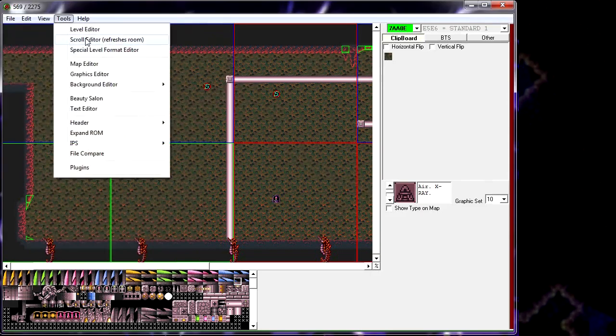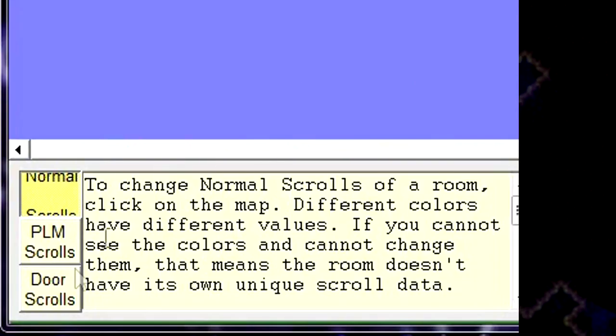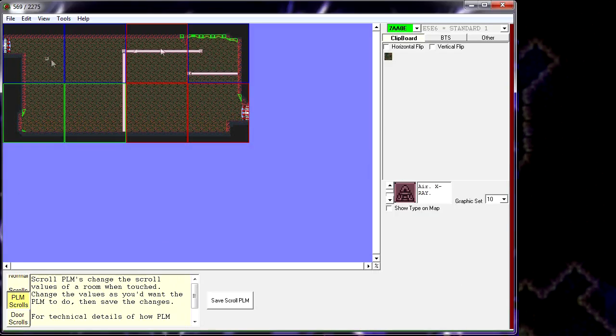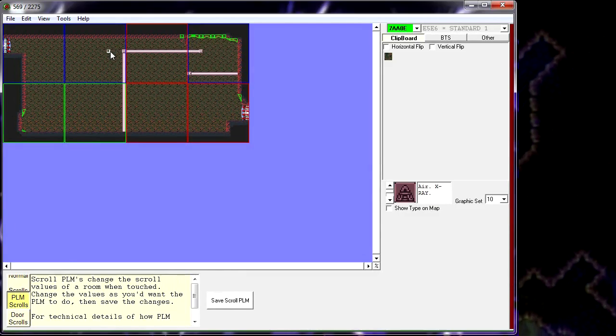Save the room, go back in here. Now for this, you have the three options here. There's obviously the normal, which is how the room normally will be. The PLM scrolls, this affects how touching a certain scroll PLM will cause a change in the room. So if we do the PLM scroll,